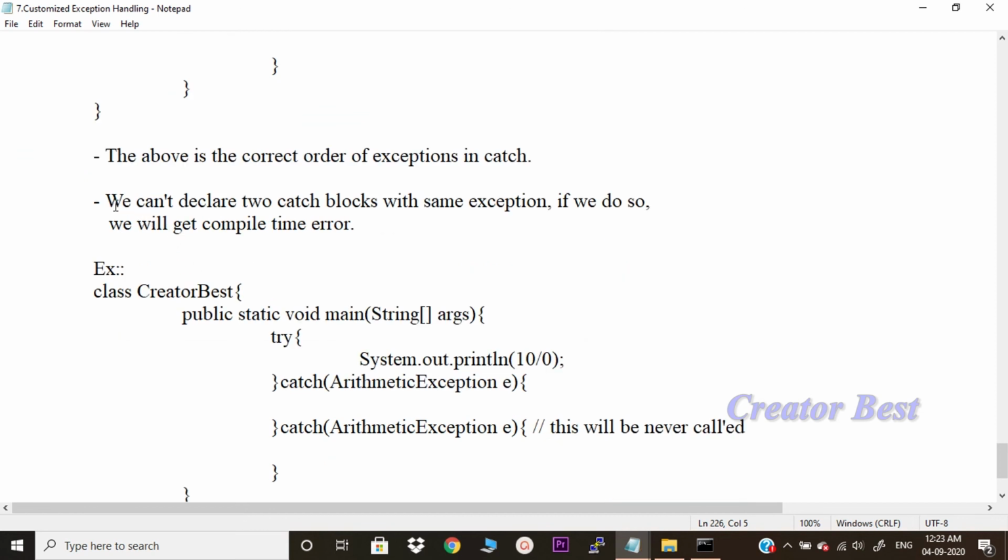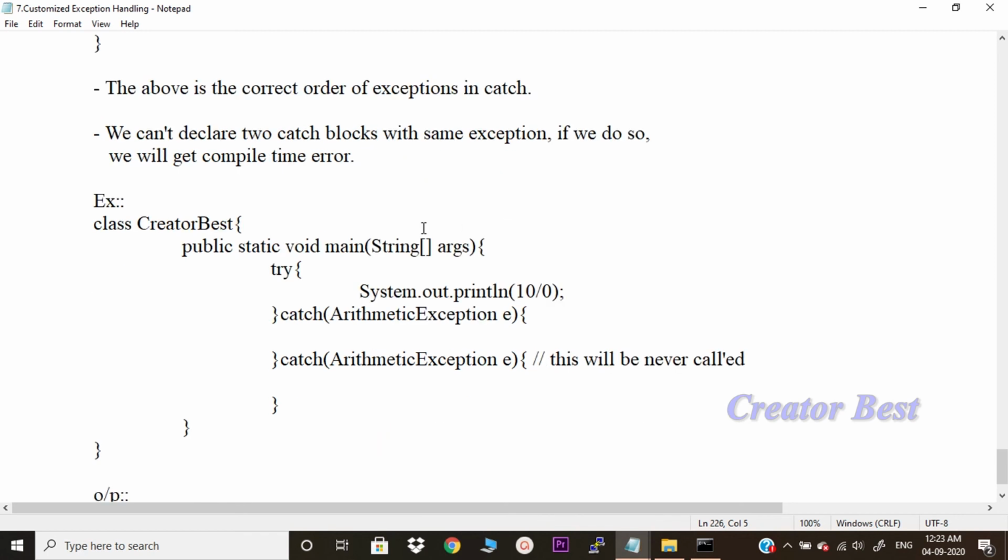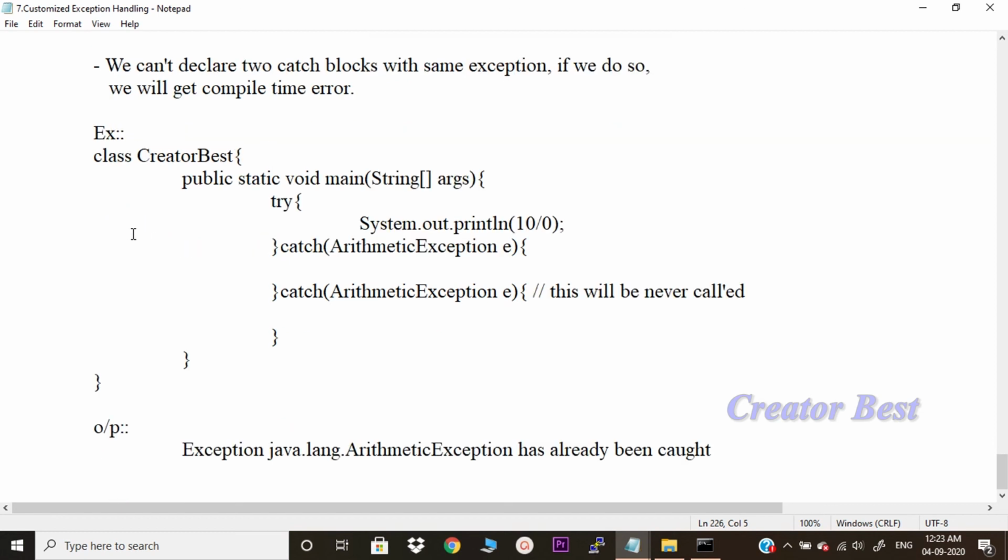Next, we can't declare two catch blocks with the same exception. If we do so, we will get a compile time error. Like we have defined two catch blocks with the same exception. What will happen then?